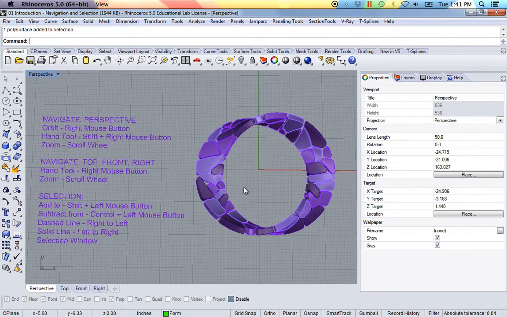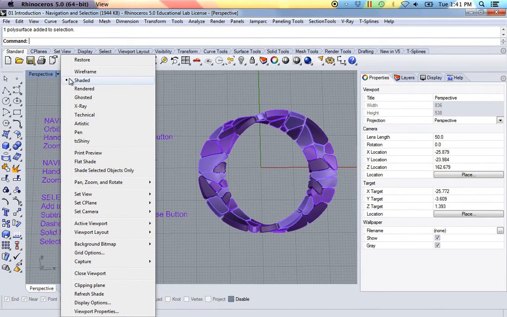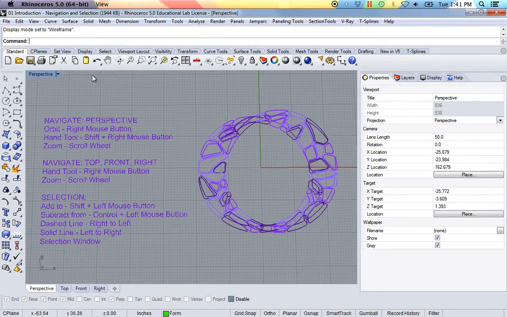Just the last thing for the basic introduction. Right now when we open this model up, we were in a shaded mode. So if I right click on the word perspective, it's highlighted for shaded. I could also go into a wireframe mode